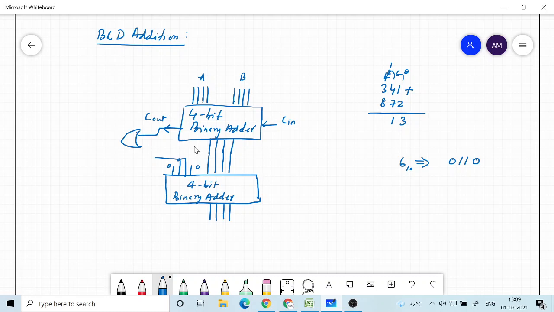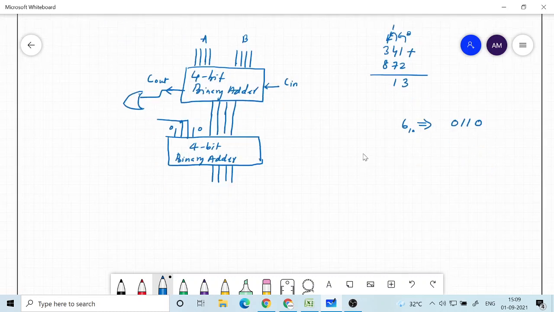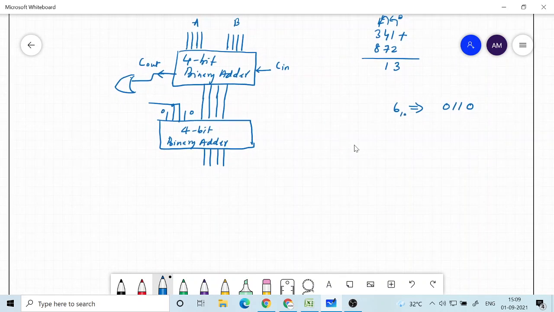What are the invalid codes? Let's look at the invalid codes and the valid codes. Out of the 16 combinations, the last 6 codes are invalid. Like you have 1010. Before this you have a valid code, which is 1001, and before that 1000, that is 8.